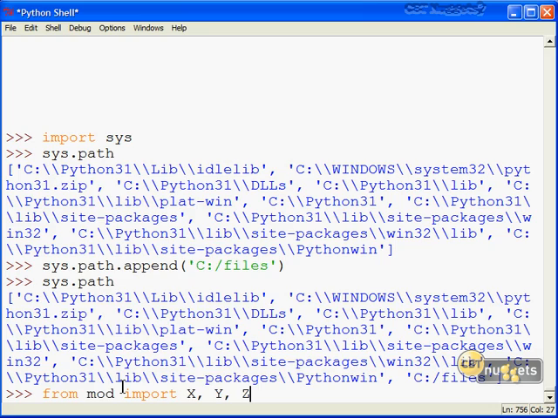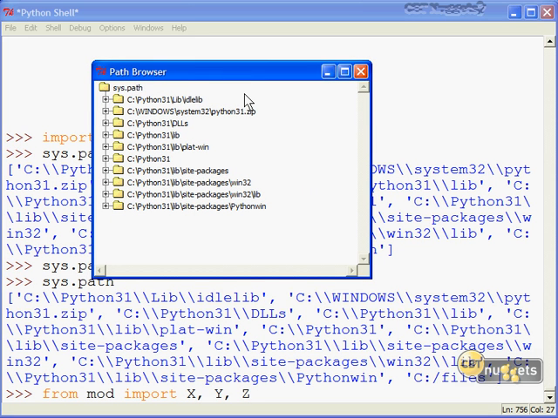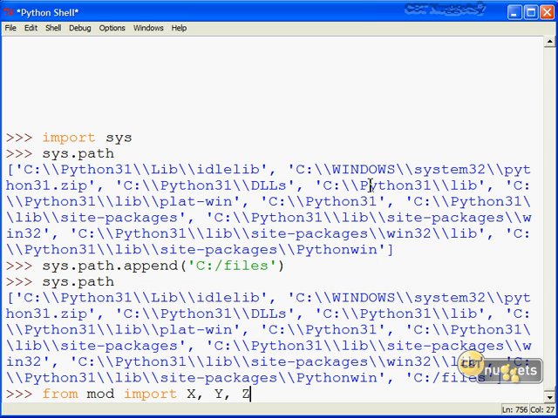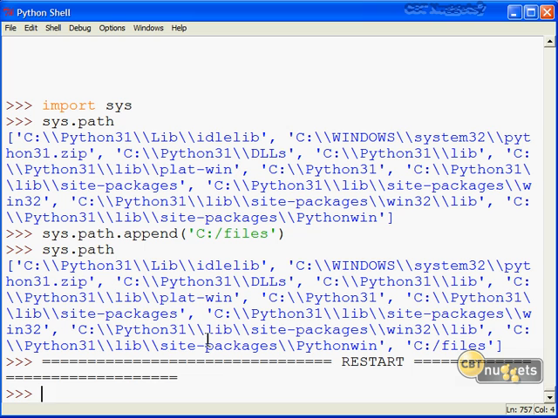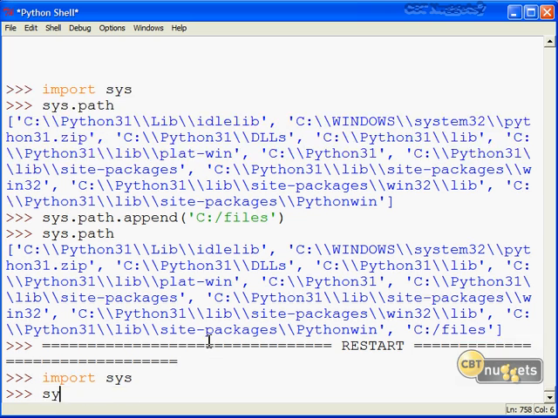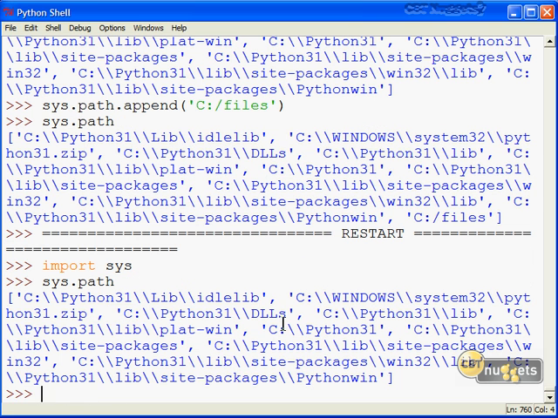etc., how that works. One thing I find a little interesting is I reopened the Path Browser, and I'm not seeing that append added to the GUI interface. Oh well, you can't win them all. Now, if I restart the shell, which gets rid of anything in memory as far as names are concerned, I run import sys again and echo sys.path, you'll note we're back to where we were originally, ending with Python win,